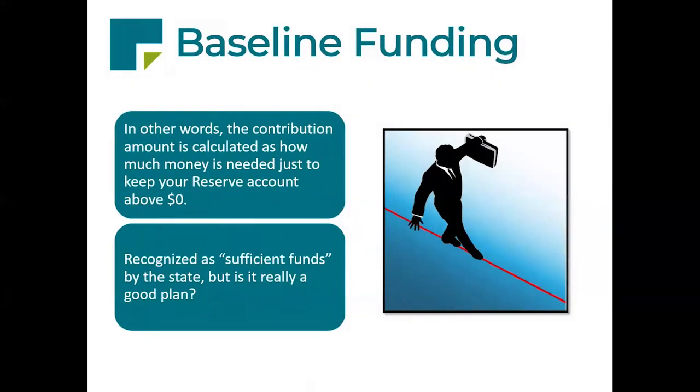So the first possible objective, the first option on the table is what we call baseline funding. Now, I'm not going to sugarcoat this. This is the riskiest thing you can do. It is perfectly legal, but for most communities out there, this is not a good idea. Basically, the objective here is that you're going to figure out what is the bare minimum amount of money that I need to be putting into reserves each year going forward to stay above zero, right? So whether I'm looking out 20 years, 30 years, as cash goes in and cash goes out, at minimum, we have to stay with a positive number at the end of each year.